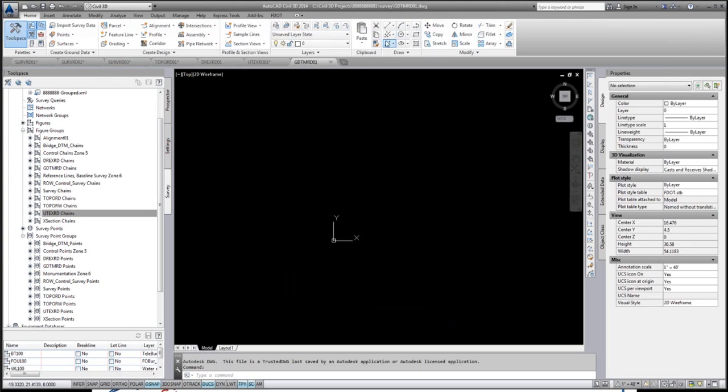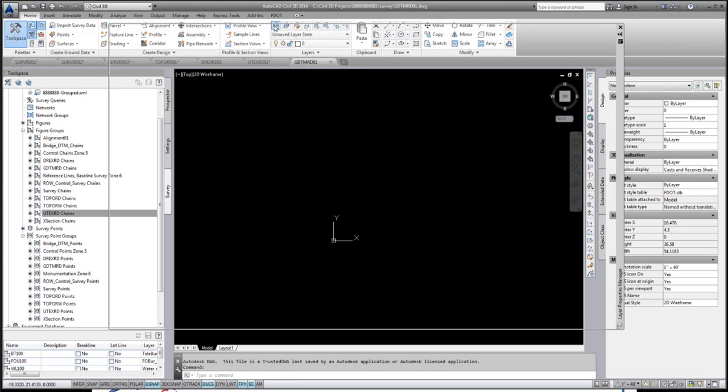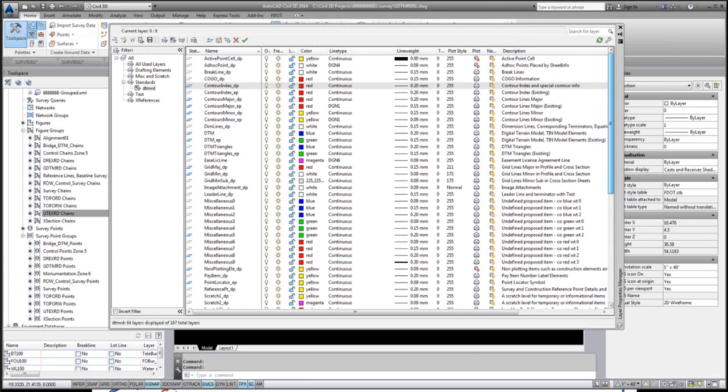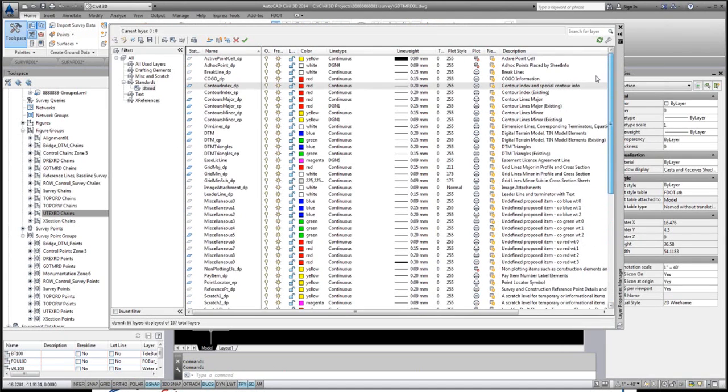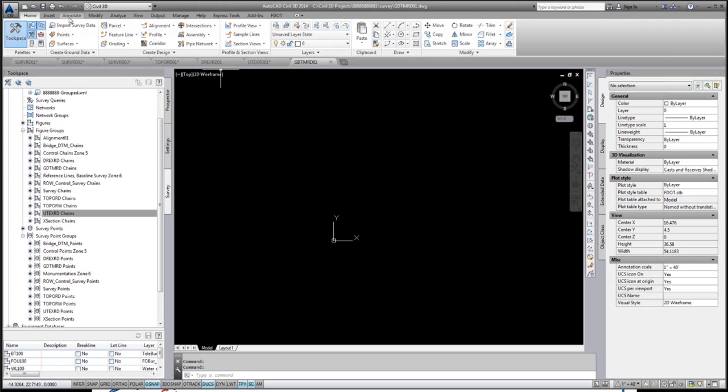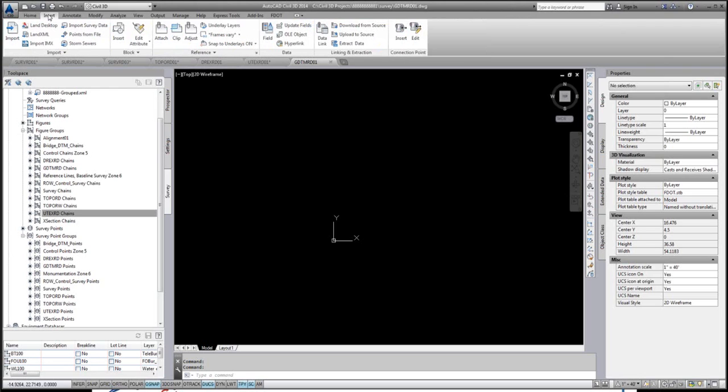In this case, if you look at the Home tab and right here at the layer properties, you're going to see that there's a limited amount of layers in this file. This template has not been created for the purpose of developing your surface. The surface should be developed in the SURVRD file, the survey development model, saved out as an XML and then imported into the GDTMRD, this file, as an XML file. So if I go to the Insert tab